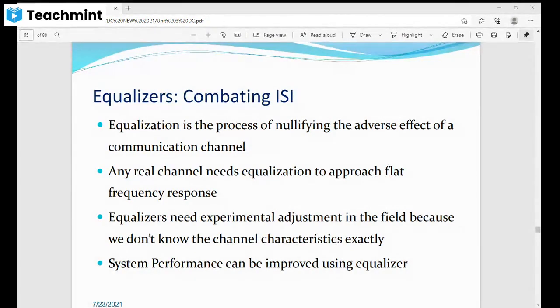First of all, I will show you the eye diagram, how that ISI looks on the